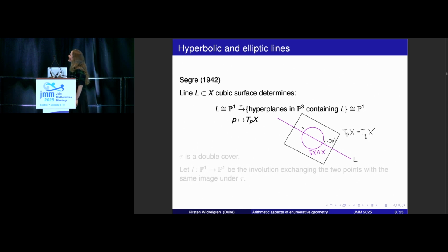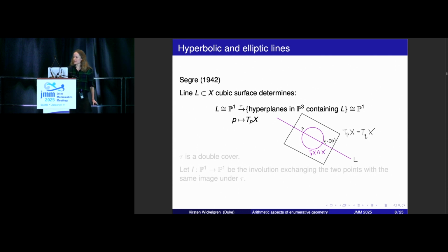So here we're going along, and there's P, and there's the tangent space. And then X intersect this tangent space has to be degree 3, so it has a line, and that's a degree 1 thing. We need 2 more degrees in this plane curve. So that's a degree 2 curve there. And so it's intersecting that line at 2 points, and both of these points have the tangent plane that's written there.